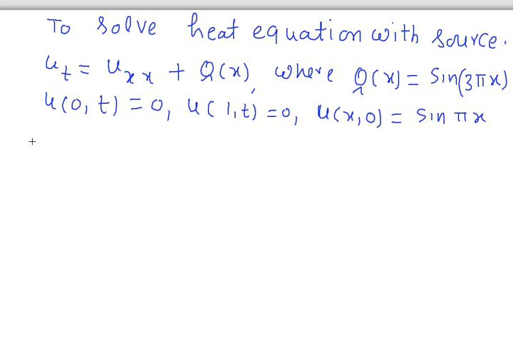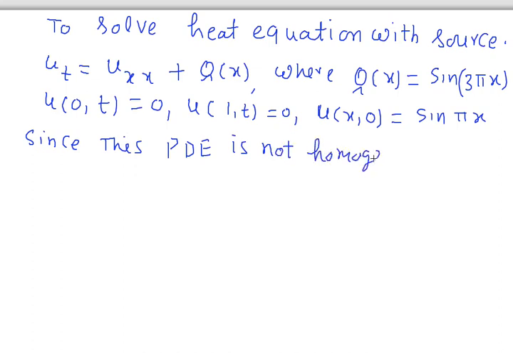Since this PDE is not homogeneous, we have to take the solution of this partial differential equation in two parts. One is the time independent solution and the other is the time dependent solution. So in that case we have to choose the solution u(x,t) =